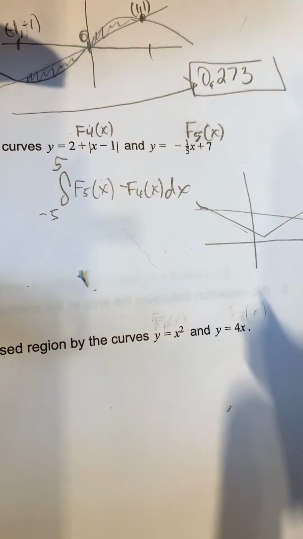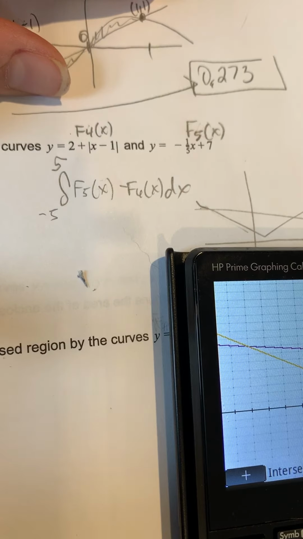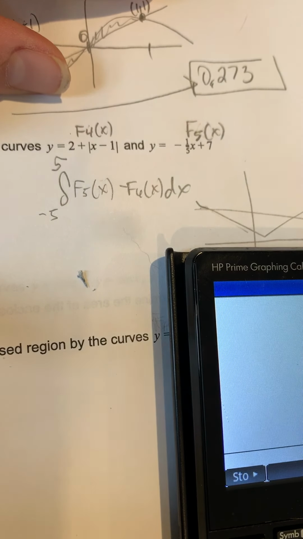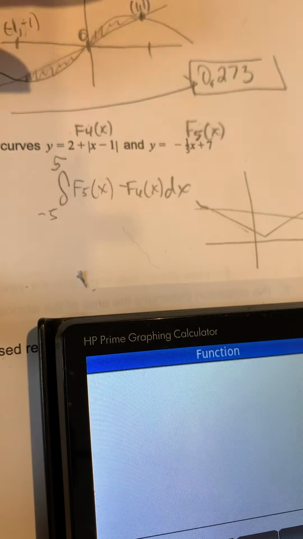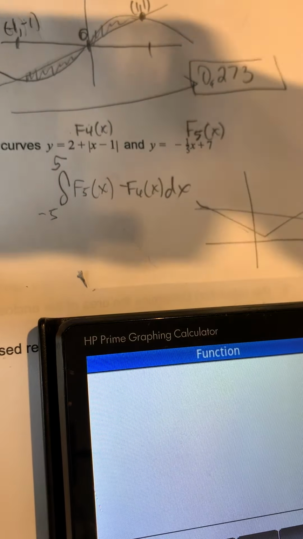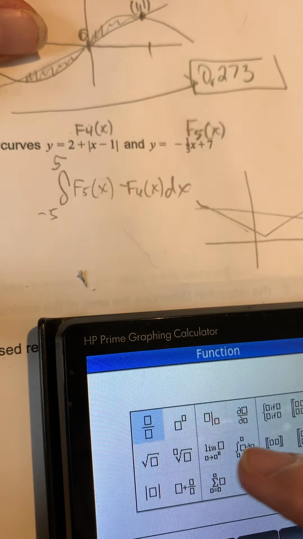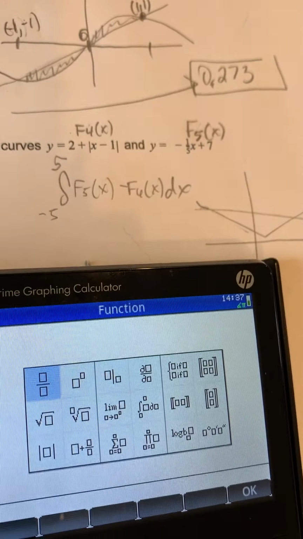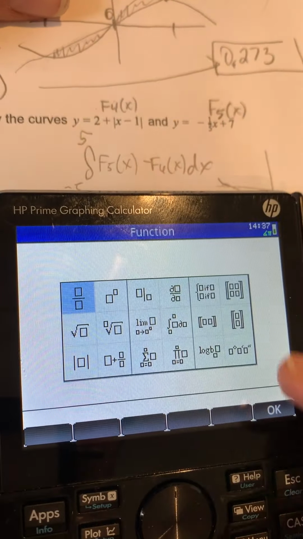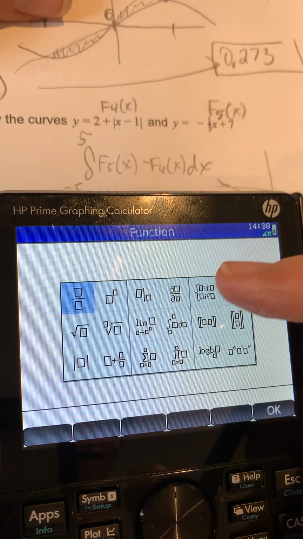Okay, plug that in the calculator, plot, and do I have this answer? I thought I did, but I guess I don't. So you just type that right in. Okay, plot -5,